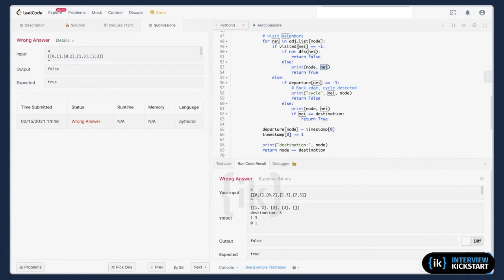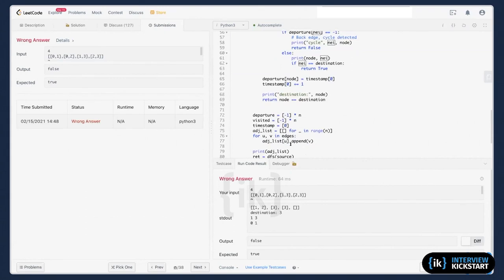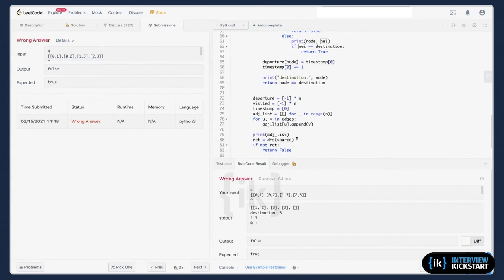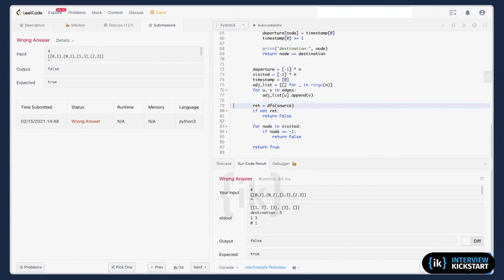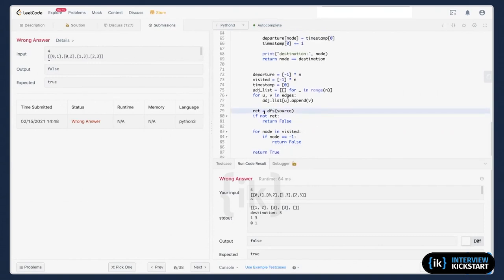We return true. If it is true, we return true. This one should work. Why is it not working? So let's remove this.